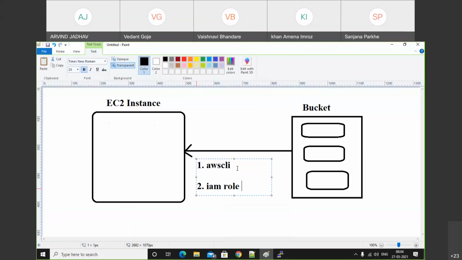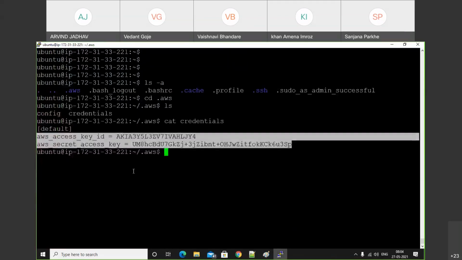Whenever we perform an AWS CLI operation, all the credentials will be stored in the .aws folder. There is a chance to leak that credential, and if we lose that credential, that means your system will be compromised. Okay, let's do another way. By using an IAM role, how will we access the bucket? Let's check out. For that reason, I will terminate it.